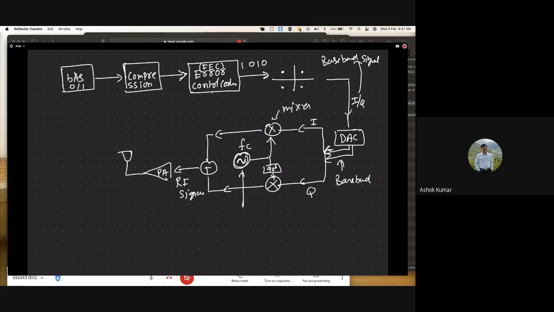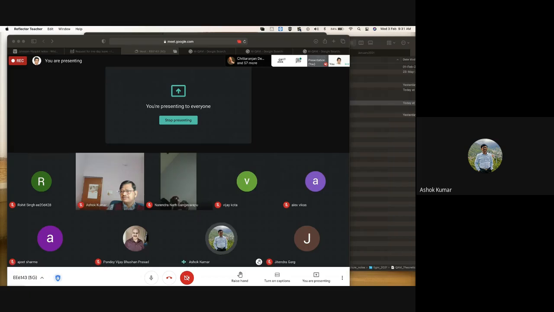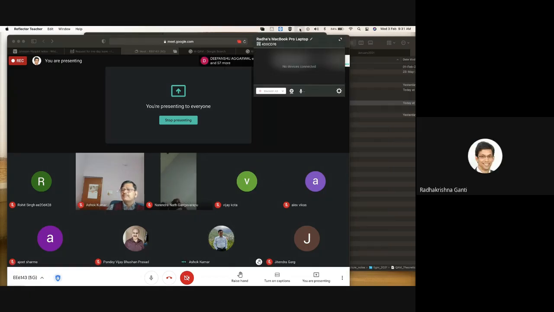So when it comes to this analog kind of baseband, do we use any frequency, or is it a kind of square wave, or how is it? It still has frequency. I'll explain that in 1 minute.